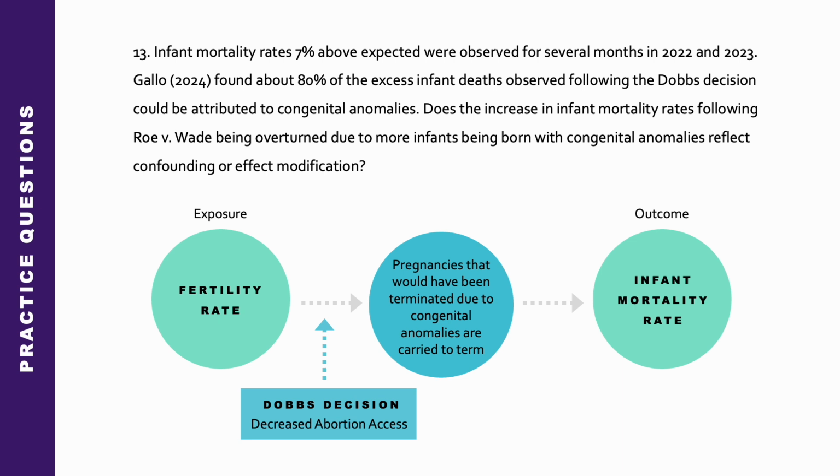Remember that a variable is an effect modifier if the strength of the relationship between the risk factor and the outcome differs with differing levels of that variable. Or put another way, effect modification is when the treatment effect varies by stratum of another variable. And we can check for effect modification by stratifying the population by a covariate and then comparing the effects in the subgroups. So if we were to stratify communities of women across the US by access to abortion, I hypothesized that our data would show a modification of this effect of increased infant mortality rate due to more babies being born with congenital anomalies.